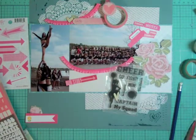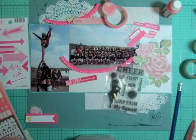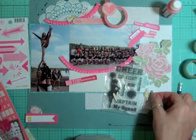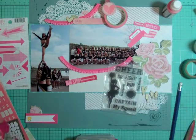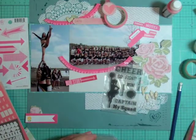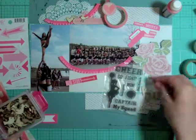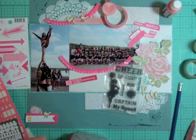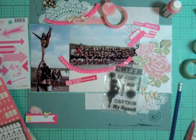And now I'm going through my wood veneer embellishments, and I'm going to take out a few heart wood veneers, and I'm going to take out some little potty girls. I'm going to take out 3, and only because I want to signify a group, because it's a photo of both teams in one shot, because when they went to the competition, it was the senior team and